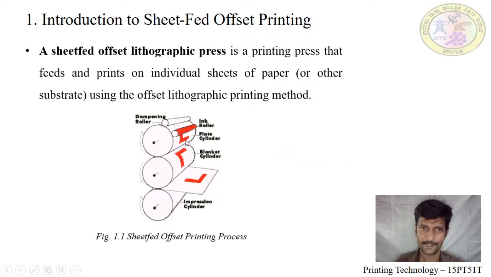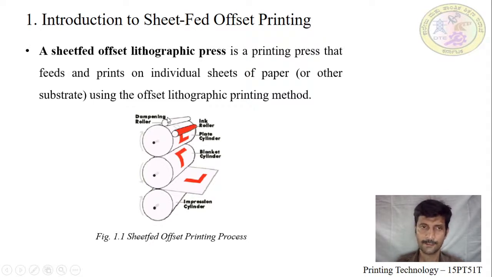After fixing the plate on the plate cylinder, the dampening roller comes in contact with the plate cylinder to desensitize the non-image area,